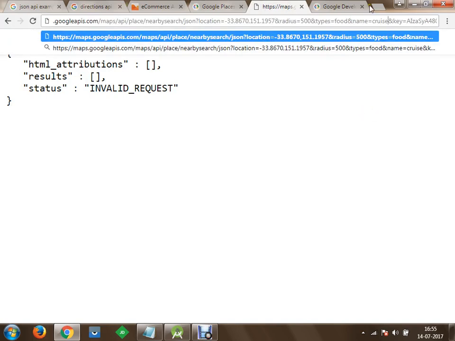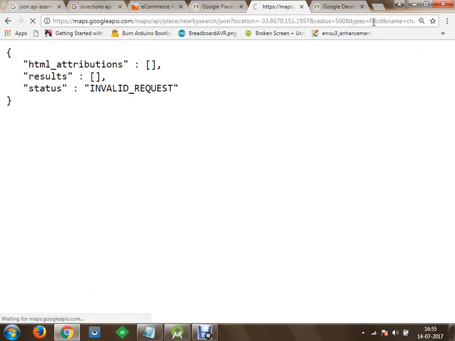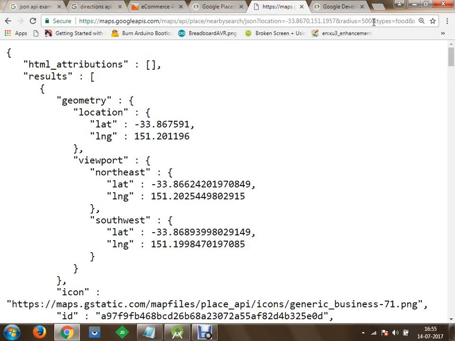Okay, so we'll search for this. Let's just press enter, and now you can see that once we have specified our latitude and longitude information, we are getting the correct information, because it's actually trying to match a radius. So you can do two things. You can take a name, get the latitude and longitude of that particular name with the help of Google, and then send that information with this.